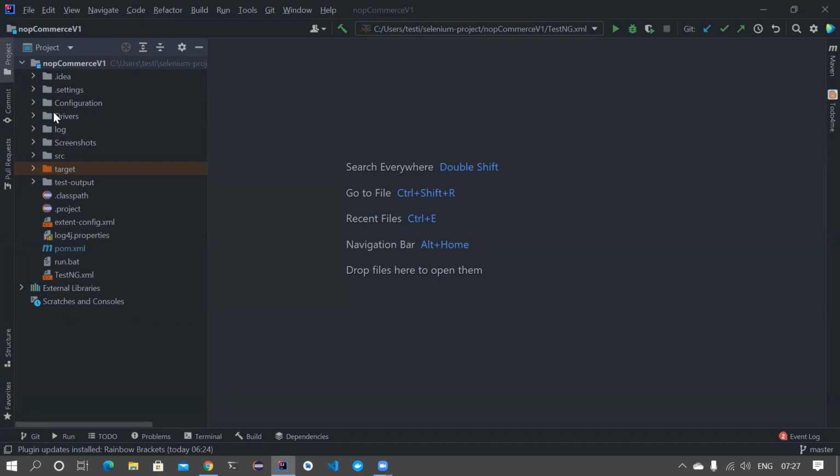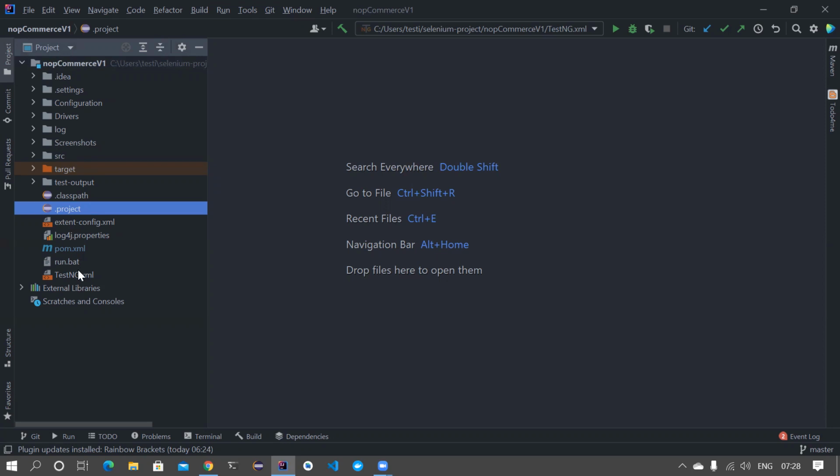Good. If you notice, we have a classpath and project file. Maybe they created this project in Eclipse. While pushing the code to Git, they should definitely ignore these, which are not relevant for someone using other IDEs, or a different machine. Maybe this is an old project, so we don't have to worry about it for now. But as a better practice, you should not push these irrelevant files to Git.